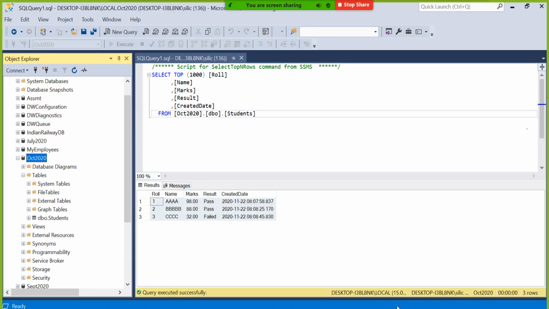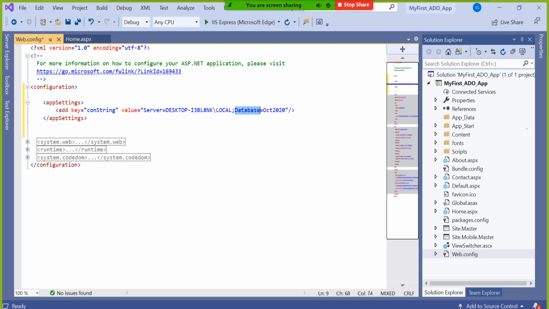This is called SQL Server. This is called Visual Studio. Now, Visual Studio wants to knock on the door of the database: dear database, can you please give me the data of the student table? Now, how will the database respond unless you say which server name, which database name, and what user ID and password, if any.